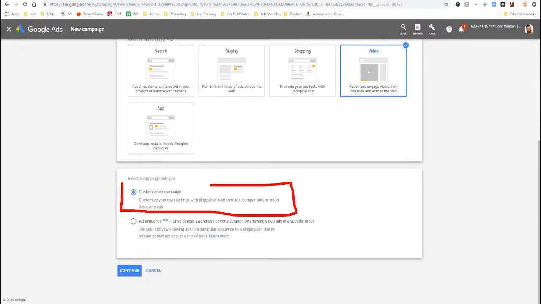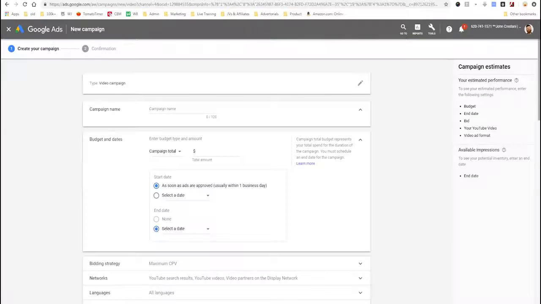Now, ad sequence, the second option, is something that's very new. I haven't actually used ad sequence yet, but if anybody's used it, please let me know in the comments how it works, if it's cool, whatnot. This is literally a week old, kind of interesting. So we'll create a campaign, it'll be loading, and I'll just say